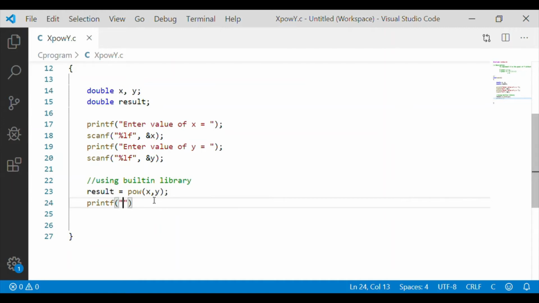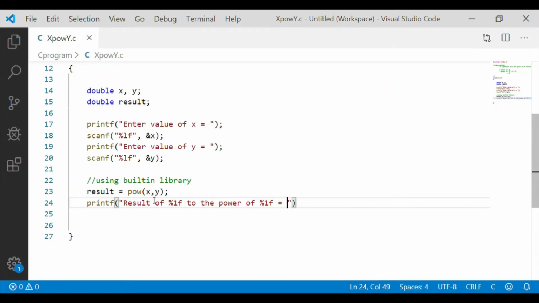We have to note that this pow(x, y) is the built-in library function provided by C, which does the functionality of x to the power of y. Now for this pow(x, y), we will write our own function.